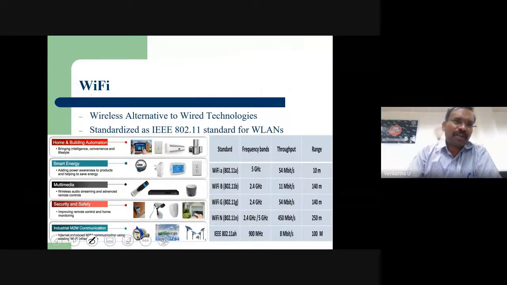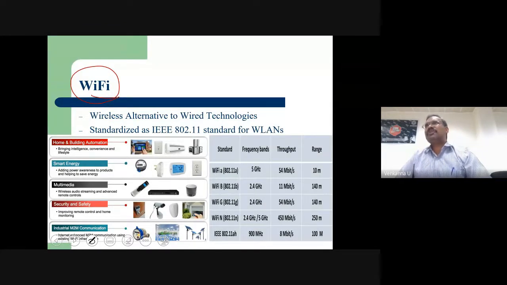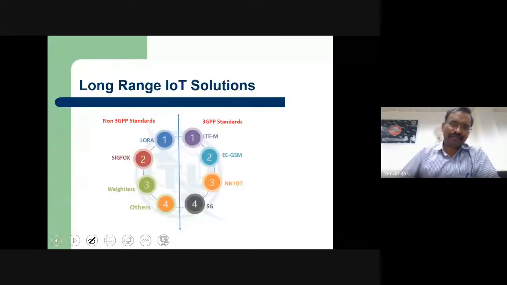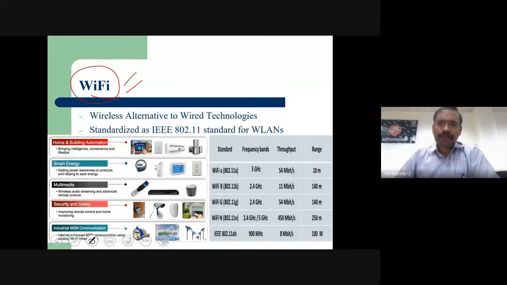Next, another important communication protocol is called Wi-Fi. This is very popularly used at home, and when everybody is developing any IoT prototype on a mobile, they switch on mobile data and make the device a Wi-Fi device. With the help of that also, a lot of communication protocols are developed. These are also very standard communication protocols used in IoT.